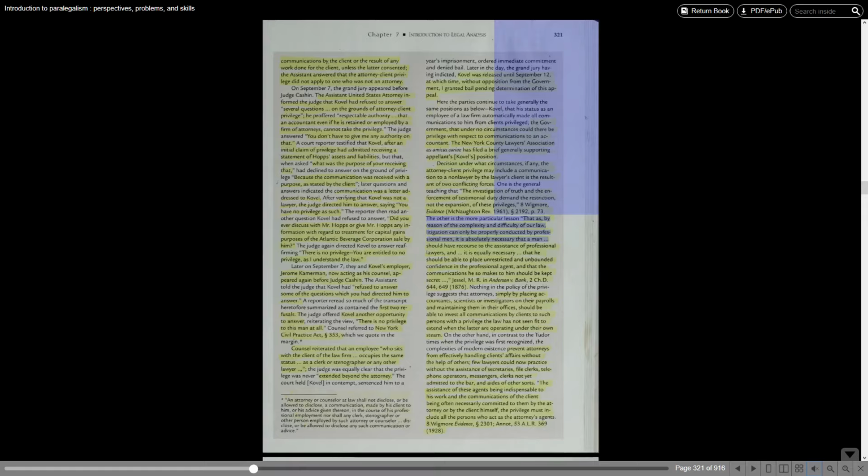The other is the more particular lesson that as, by reason of the complexity and difficulty of our law, litigation can only be properly conducted by professional men, it is absolutely necessary that a man should have recourse to the assistance of professional lawyers, and it is equally necessary that he should be able to place unrestricted and unbounded confidence in the professional agent, and that the communications he so makes to him should be kept secret. Jessel, M.R., in Anderson v. Bank,